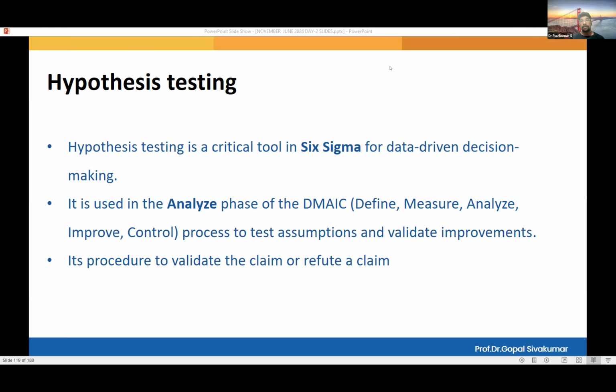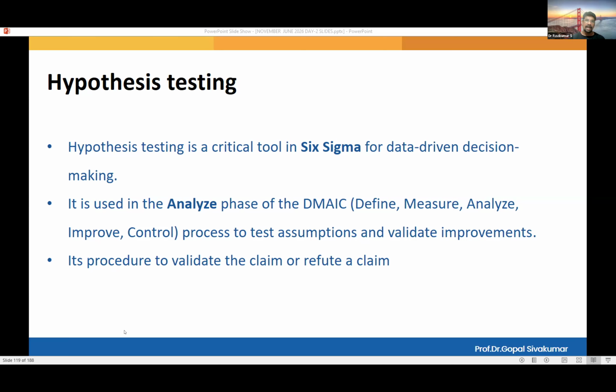Without having any data in the initial stage, the doctor is making an assumption or a claim or a statement saying that you might have cancer. That is an assumption. So in order to validate that, you need sufficient data and some kind of other approaches. In the hypothesis testing, that is what we are doing. To make sure that the assumption is correct, we are validating through a hypothesis approach.